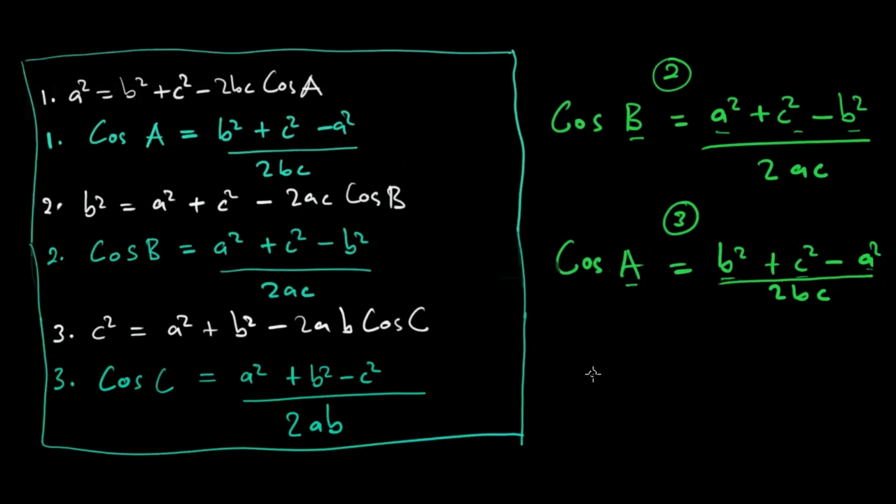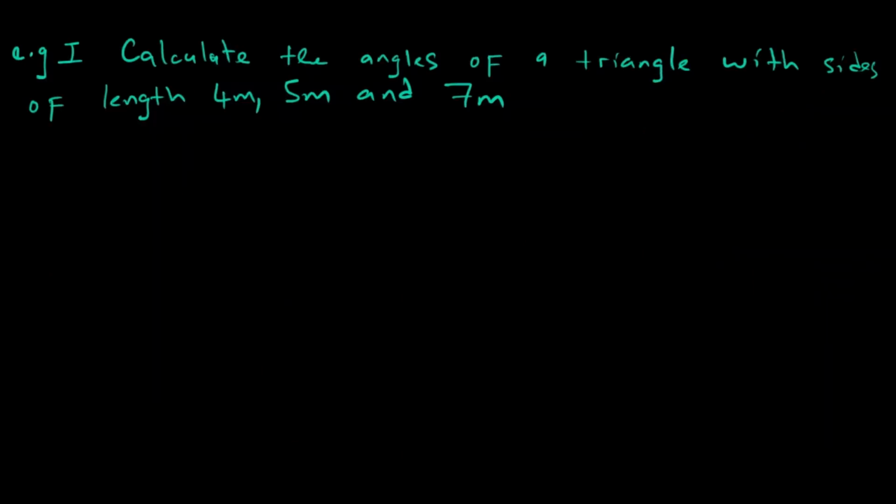Saka zvataita izvi, we have laid a very firm foundation on what we are going to learn today. What we should now do is takufunga kuita some examples to solidify the mathematics we have done. Our first example iri kuti calculate the angles of a triangle with the sides of length 4 meters, 5 meters, and 7 meters. Chatinofanirwa kutanga kuita, as always, kuisa triangle yedu pasi like this.